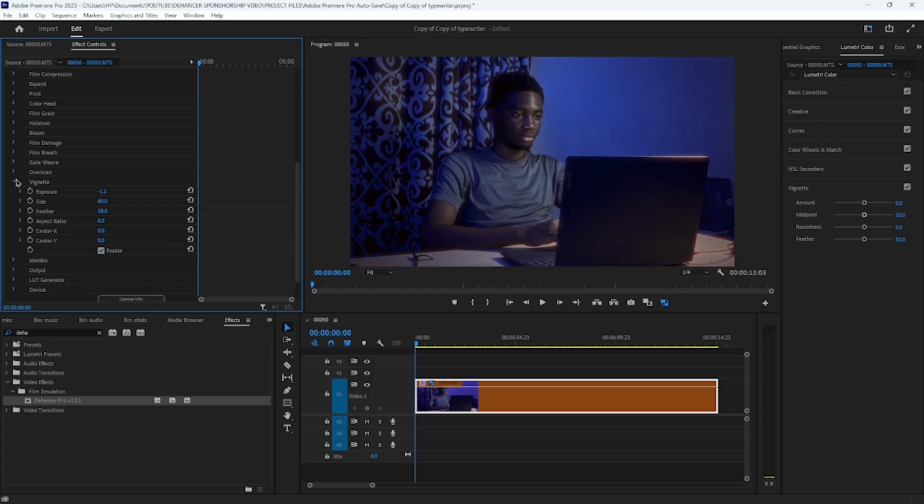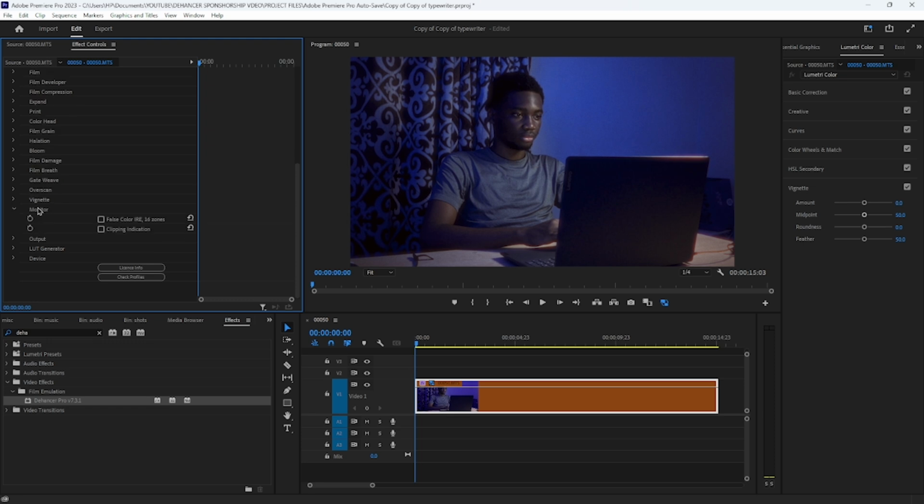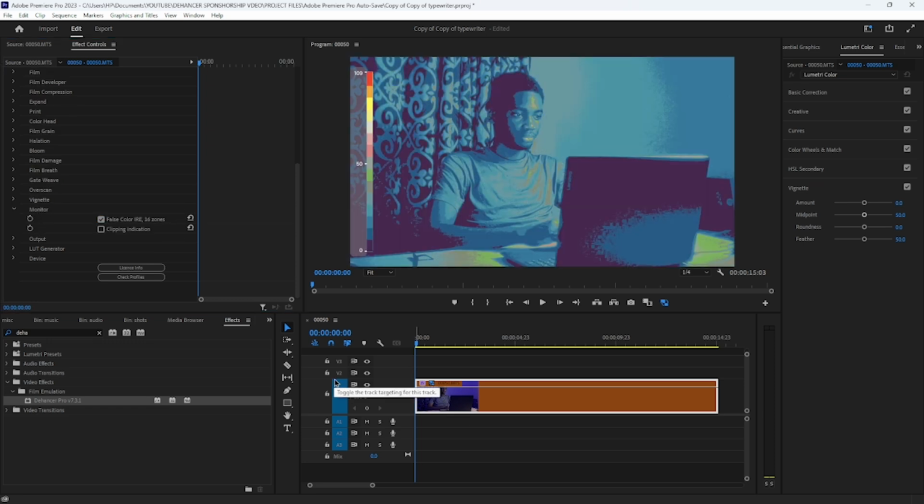So after the vignettes we have the monitor. Here under the monitor you can decide to use false color. If you don't have any experience with false color, it is basically having more control over the exposure by using colors. So this